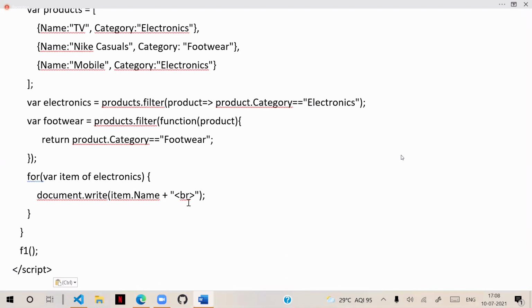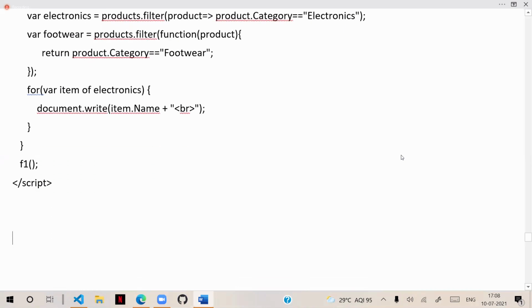Some more points you will learn with the OOP feature, the object-oriented approach, and how to deal with that. So this is how we can manage and configure the functions. Once we know all the function related techniques, we need to understand JavaScript OOP, object-oriented programming, which we will see in our next session.